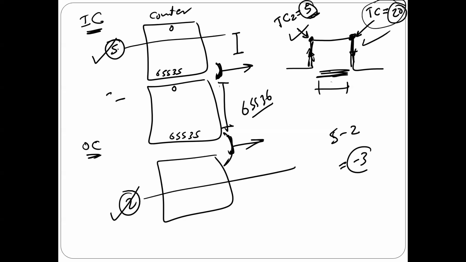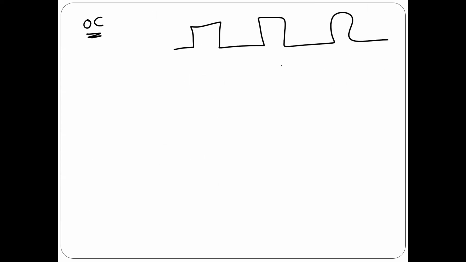Okay, so this is for input capture. Now let's talk about output compare. As I told you last time, output compare is used for something completely different. It is used if you want to generate a square wave efficiently. Already in chapter 3 we generated a square wave, but this time we're going to generate it efficiently. Also, the counter is going to help me this time as well. I'm going to tell you how.